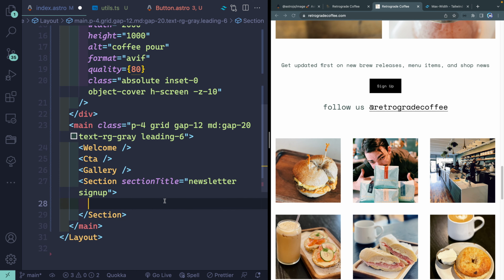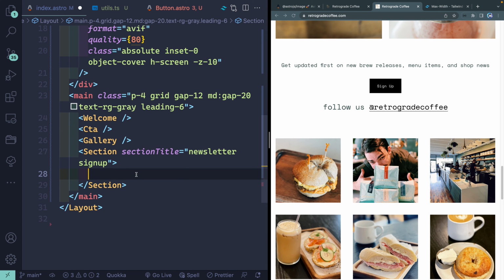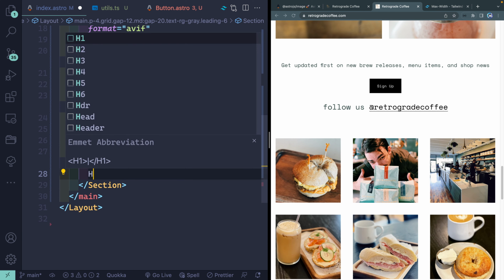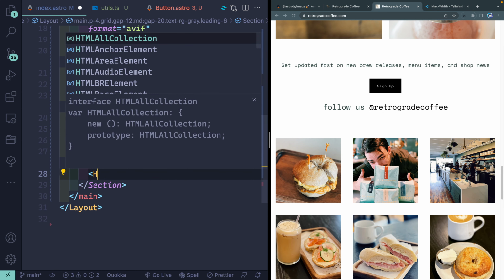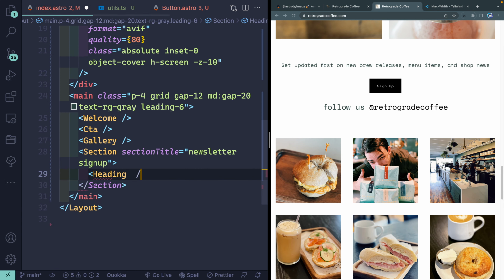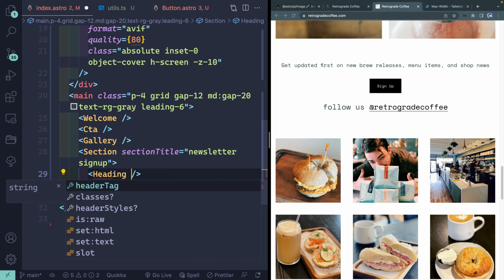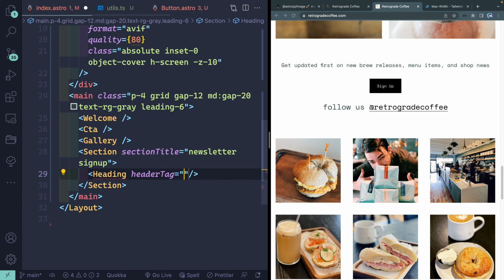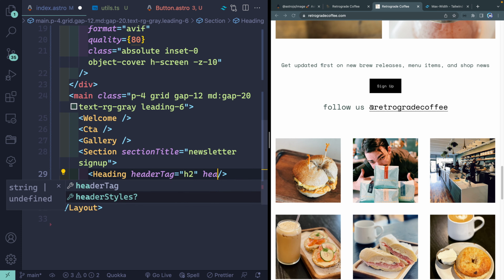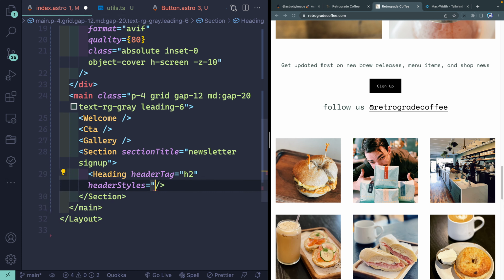So I can come in here and you can actually name slots if you want. So you can name them and then pass in named components. In this case, I'm not going to do that. We're going to have a heading though. Heading. That, and the header tag here is going to be an H2. Let's see, header styles. Now in this case, I actually want it to basically be like a paragraph. So maybe we pass in paragraph, which in this case won't style it because we don't have anything yet on that,